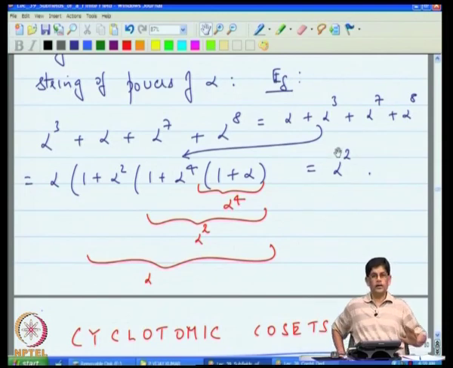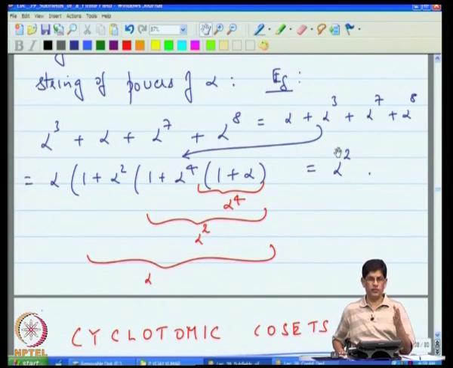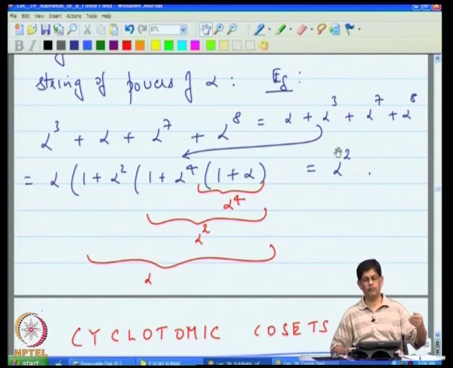Okay. So, in a way what you are really saying is that, look, if I want to think about my finite field, I can either think of the elements as polynomials in a primitive element alpha, or the other way in which I can actually think about the finite field is as powers of a primitive element alpha. And clearly the representation as powers of a primitive element alpha is so much easier and more convenient. The only problem is how do you add, because in the polynomial notation it is easy to add, in the power of alpha notation it is easy to multiply, because alpha cubed times alpha to the 4 is alpha to the 7,